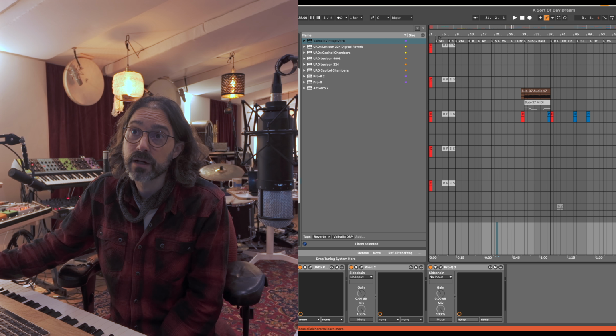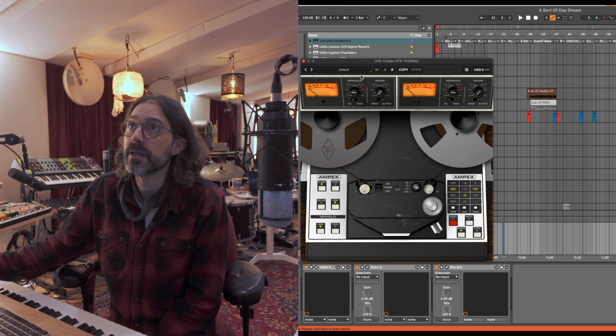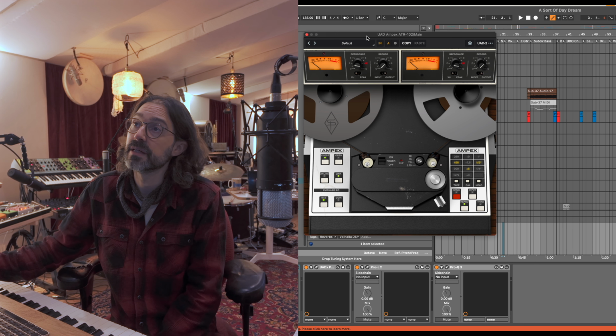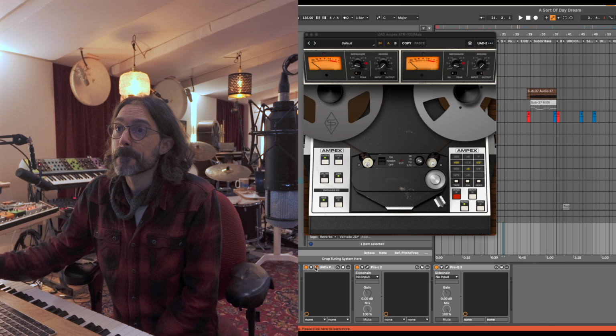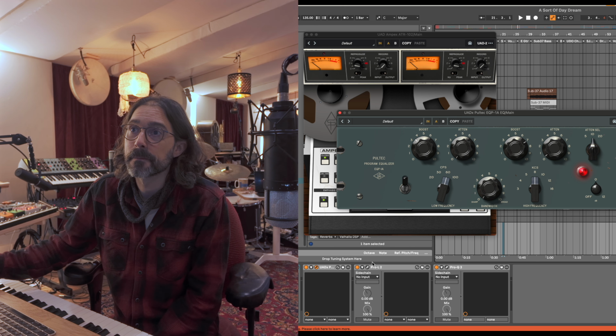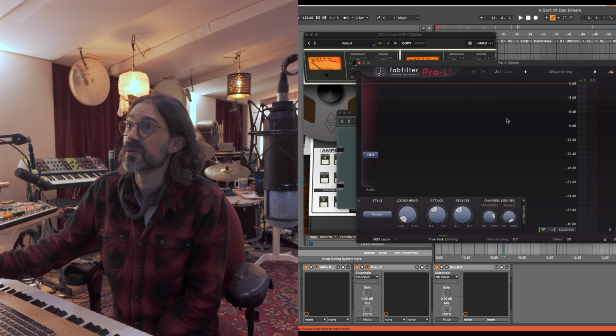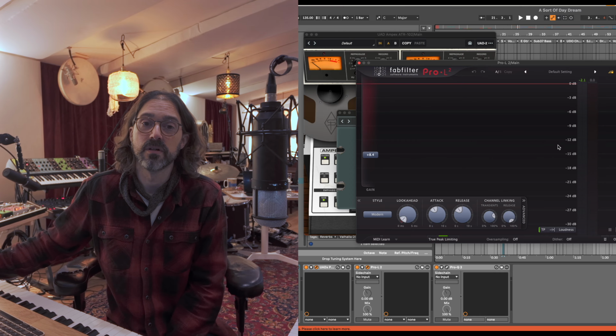On my mastering channel, I have a UAD Universal Audio Ampex ATR. And then for the EQ, I have the Pultec. And then the FabFilter. This FabFilter limiter